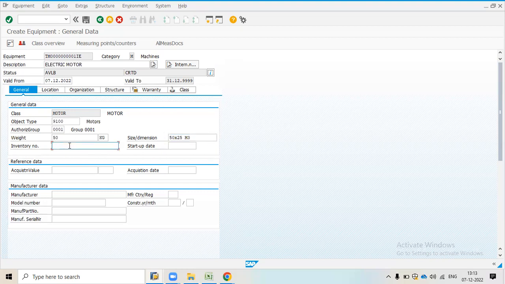Inventory I have taken MOTOR/001. Startup date I will take to the current date. Acquisition value 1 lakh Indian national rupees. Acquisition date I will take current date. After that, manufacturer I will take